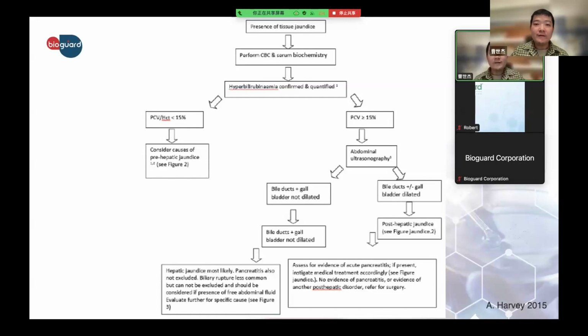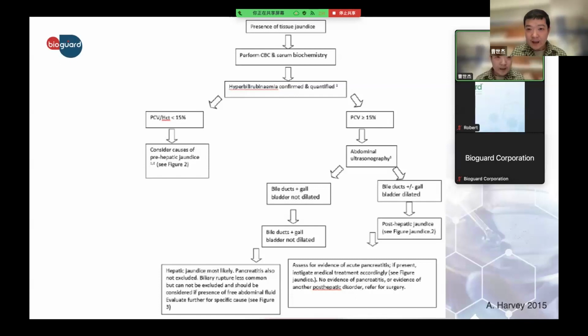And if the PCV or HCT is higher than 15, then we will do the abdominal ultrasound to see if there is any hepatic jaundice or post-hepatic jaundice. What is post-hepatic jaundice? It means the bile duct has been blocked, no matter if caused by stone, tumor, or severe inflammation. If the bile duct has been blocked, it will cause a post-hepatic